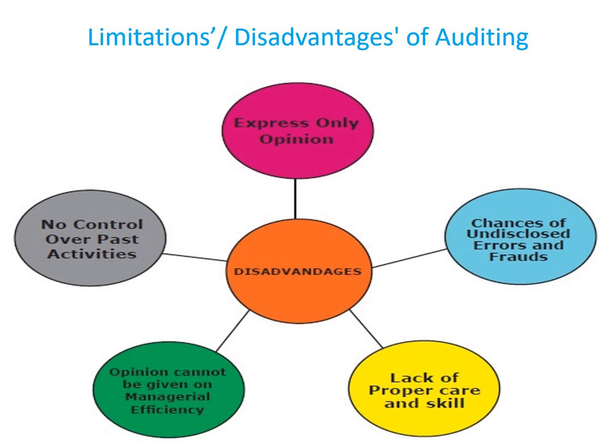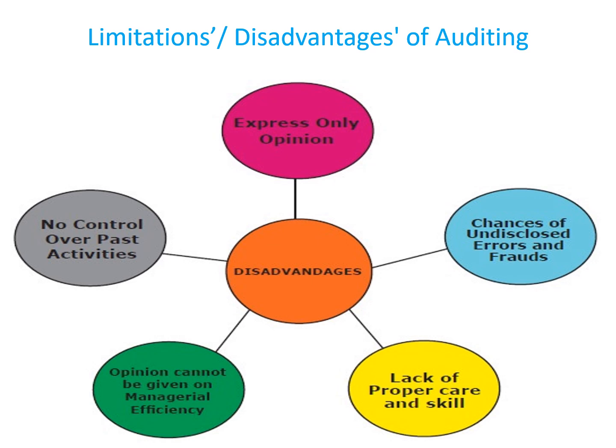The auditor has no control over past activities. In accounting, there is a correlation with history. In history, we record the things that happened, the events that happened, and in accounting, we are also checking the events that occurred or were recorded in the business house. Therefore, the auditor has no control over past activities.